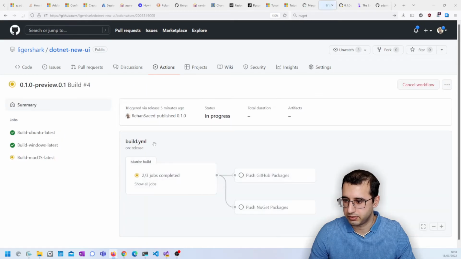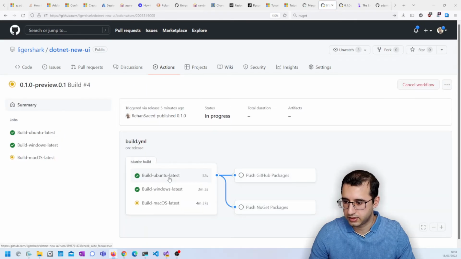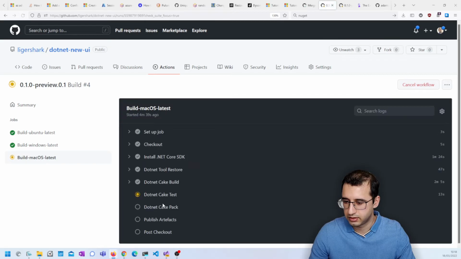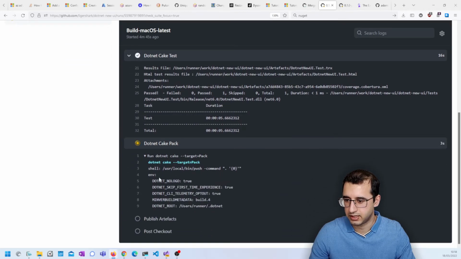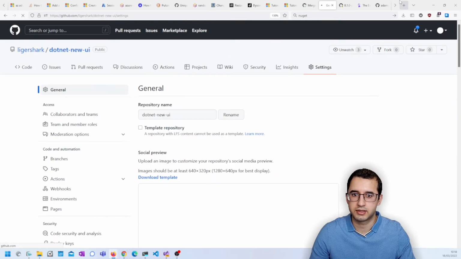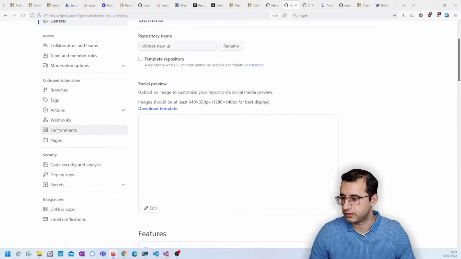If we go back to our build, are we any further? Four minutes is a long time. It's done the build step. Okay, test, it's done. Pack is done. Publish artifacts. Oh, I forgot to publish the NuGet. The NuGet